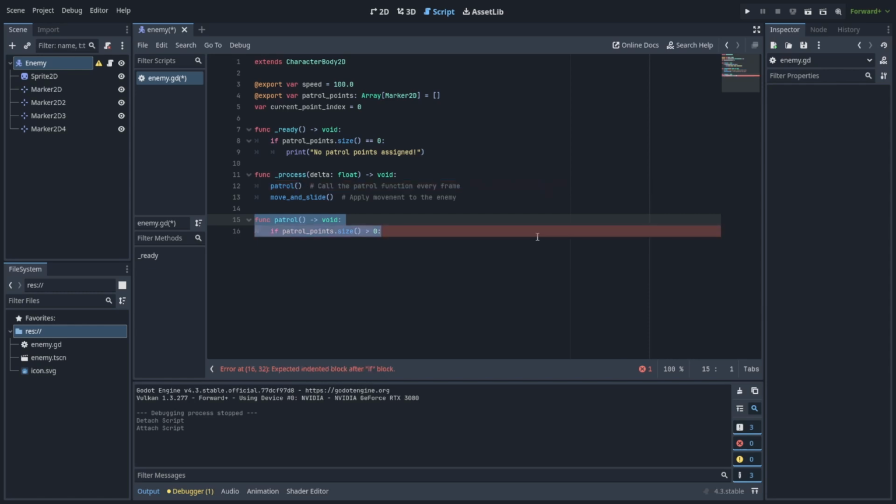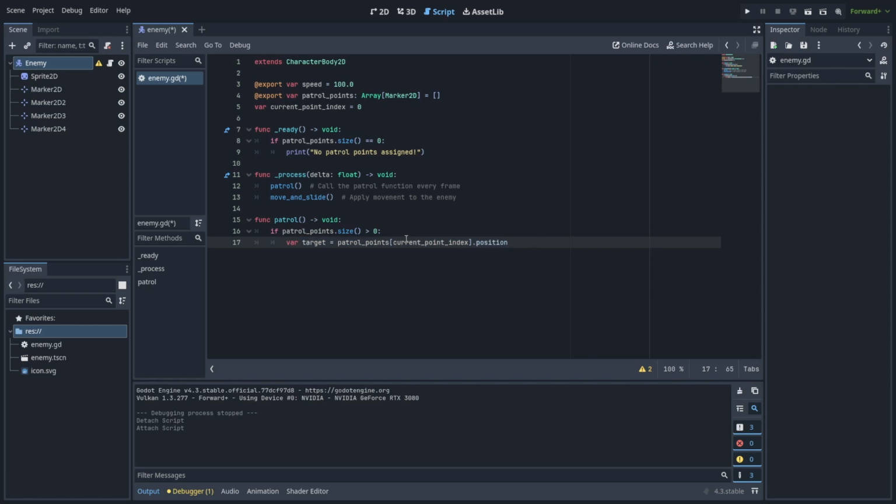We first check if we have any patrol points assigned. If not, this function does nothing, which prevents errors if patrol points are not set up. Now we get the position of the current patrol point the enemy is moving towards. The patrol point is retrieved from the patrol points array, and we use position to get its position in the